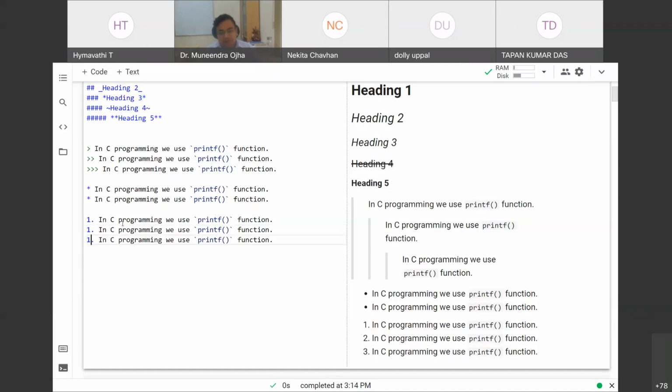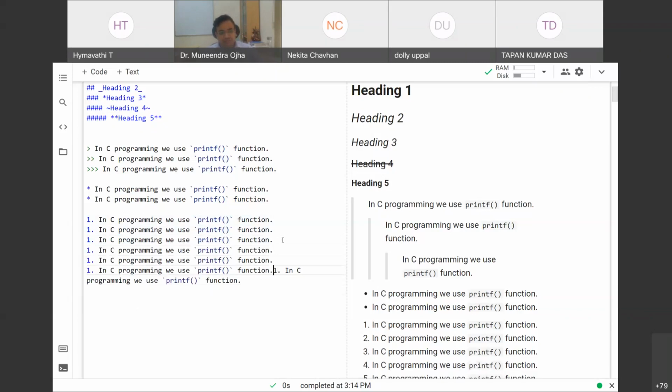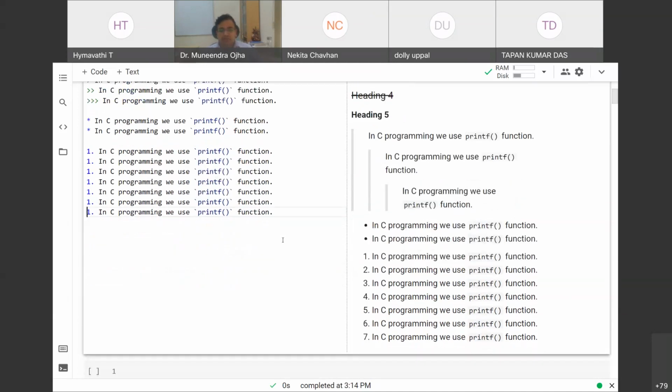However, the numbering will be taken care of by the notebook automatically. See, I have written 1 dot, 1 dot, 1 dot, but in the rendered effect it is showing 1 2 3, and as many times as you want, you can do this, and every time it will increase the count.